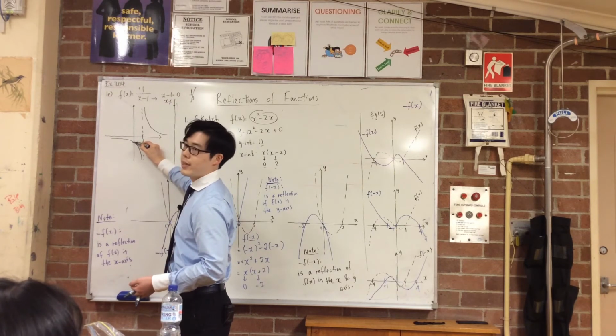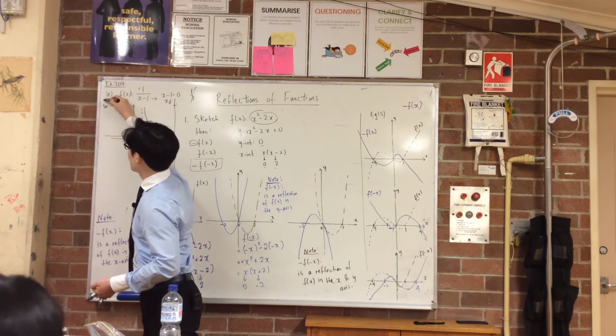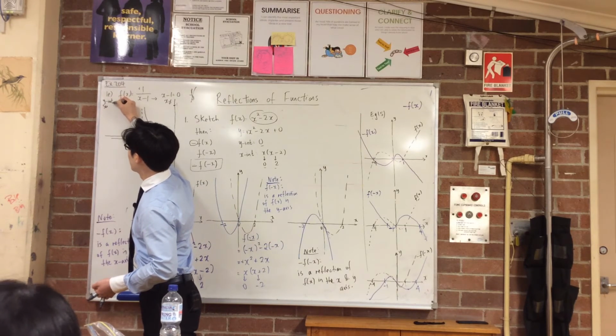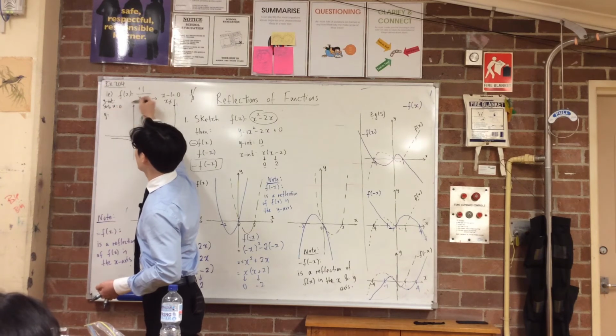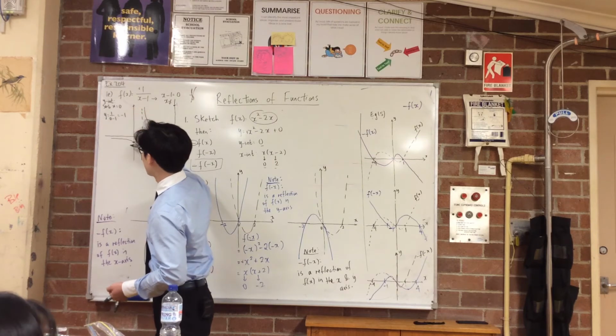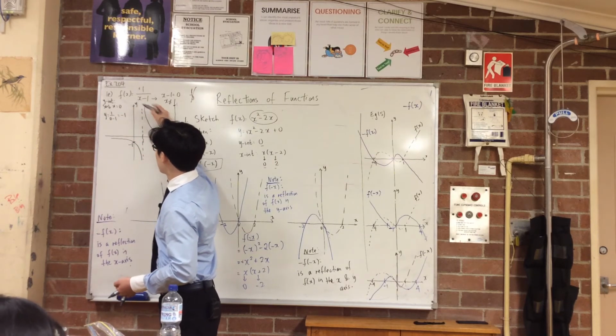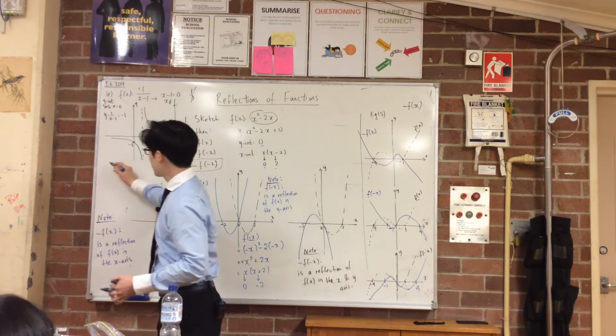How do I find out what that y-intercept is? How do I find the y-intercept? Sub x equals 0. And if I sub x equals 0, what do I get? That's right. Okay. Girls, the reason why this is important, from here, as usual,